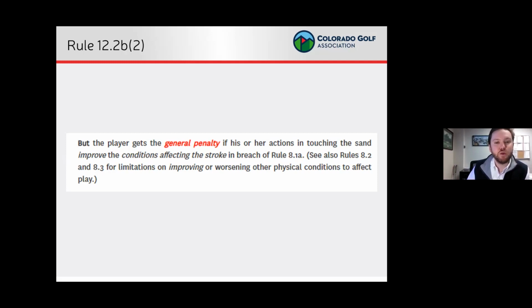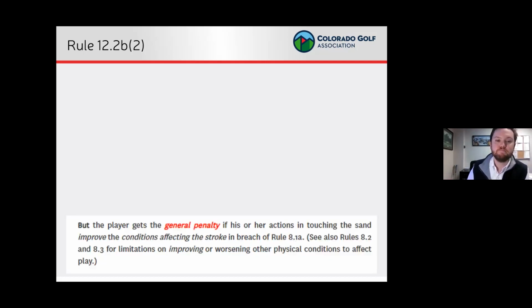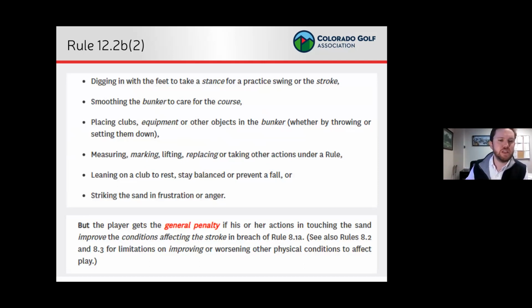Again, highlighting the word improve: to alter one or more of the conditions affecting the stroke for a gained advantage. And the conditions affecting the stroke, going back to 8.1, remember those we talked about in the first installment, were the action area, right? Where's your golf taking place? The lie, intended stance, intended swing, line of play, and relief area where a player might drop the ball. So again, looking back at this, these six things we see we can do,